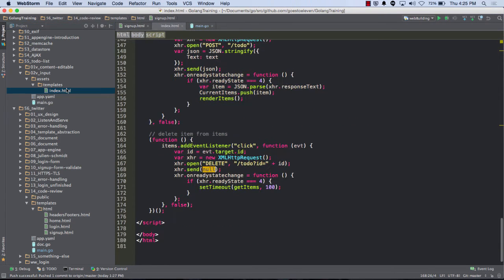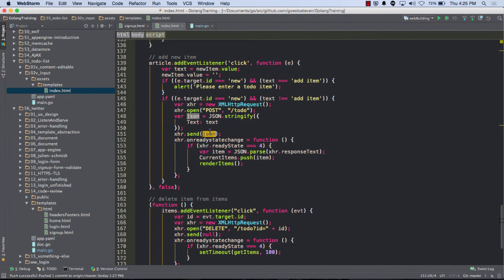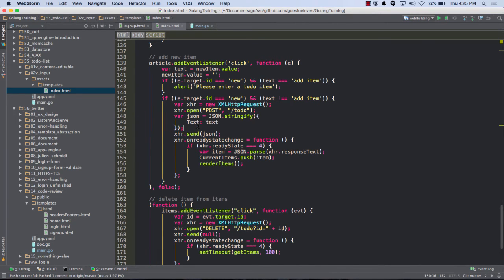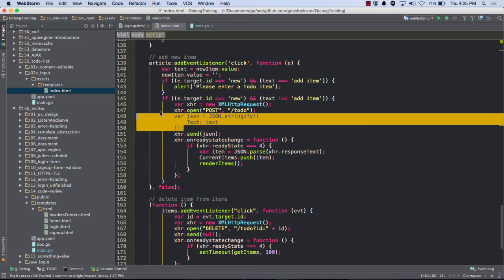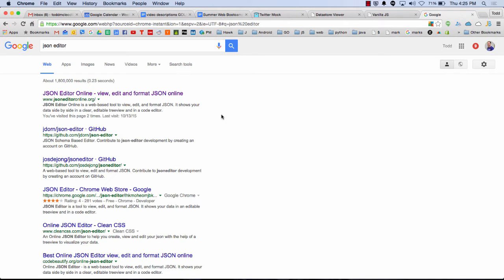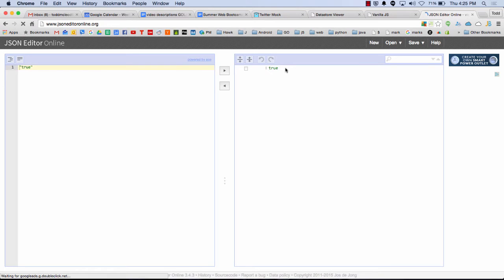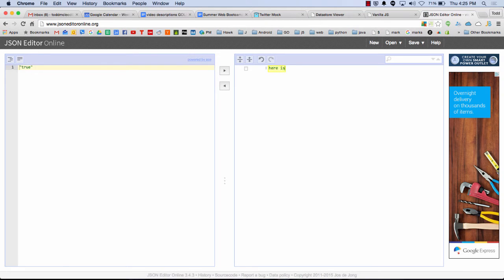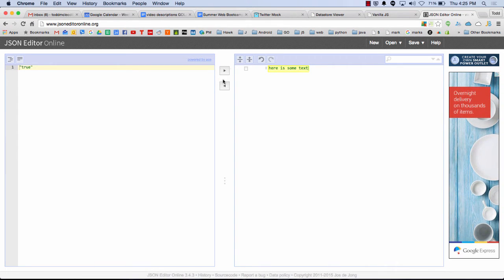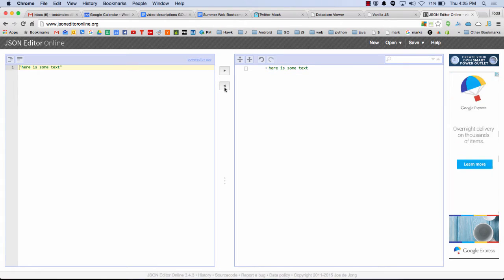So in this example, I was sending more than a string right here. Well, actually, no, I was only sending text. So I didn't need to do all that. But here I turned it into JSON, which added a level of complexity I didn't need to add, it looks like. Okay, what's the difference between just regular old text and JSON? So that's just a string of text on the right. That's what it looks like as JSON.